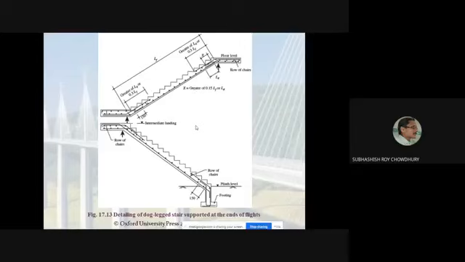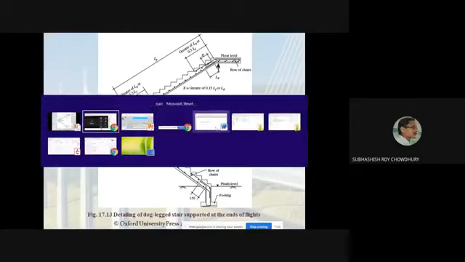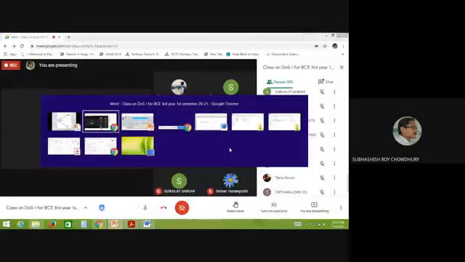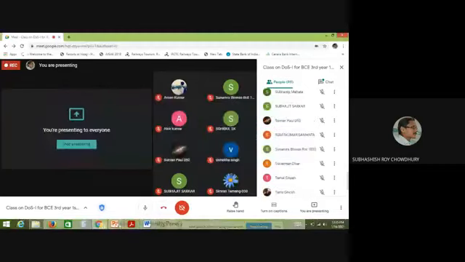So this is more or less the idea that I have given regarding the stair. That means what the guidelines are from IS 456, the different ideas regarding types of staircase, and how the loads can be considered, etc., that I have discussed. Now let me discuss a particular example.